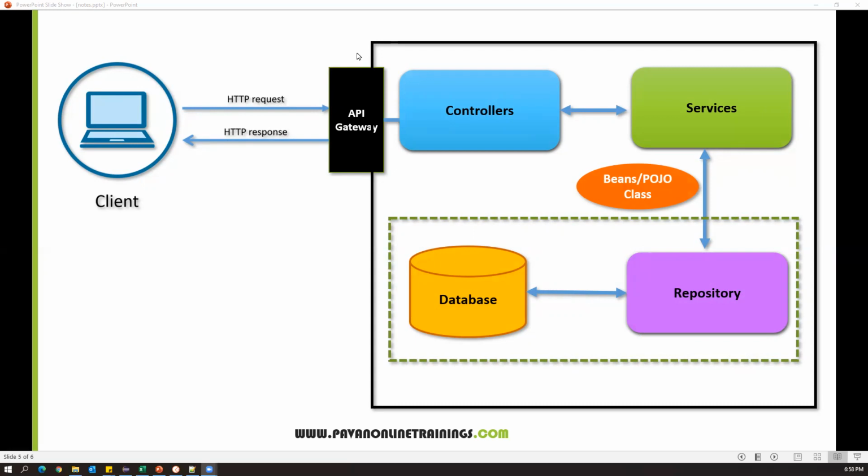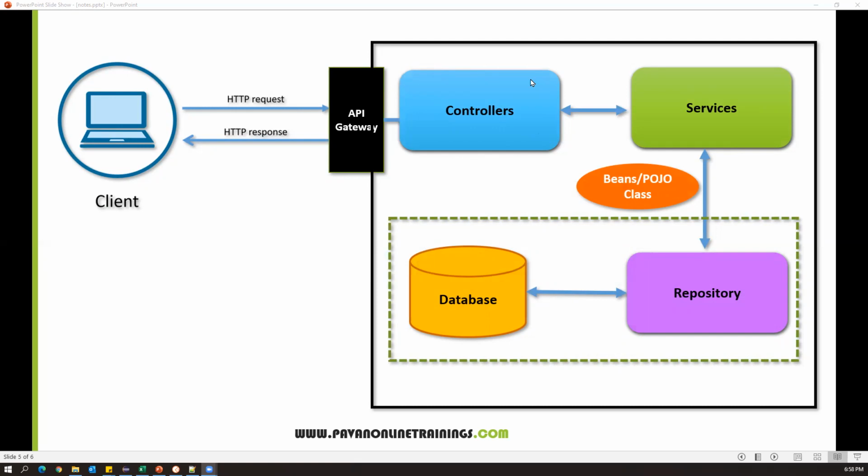And in Spring Boot we have main classes which are available in the controller. So what does a controller class mean? A controller class has all the mapping methods. In our previous video, we have seen different mapping methods which are created inside the controller class. So the first and most important class is the controller class. Inside Spring Boot, we will create a controller class which has all the mapping methods.